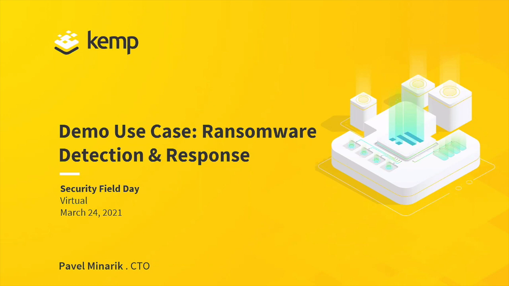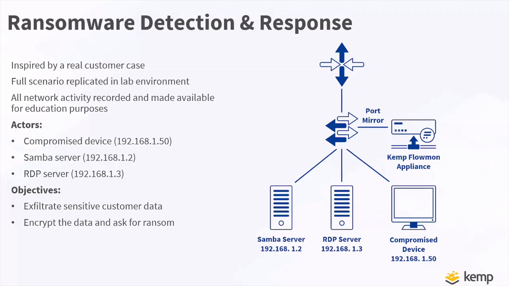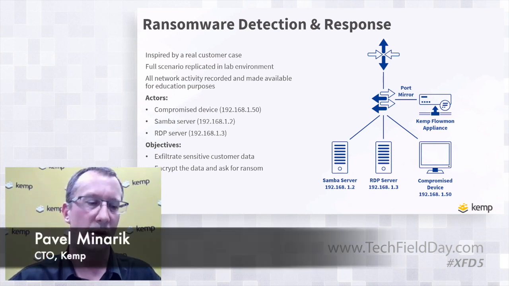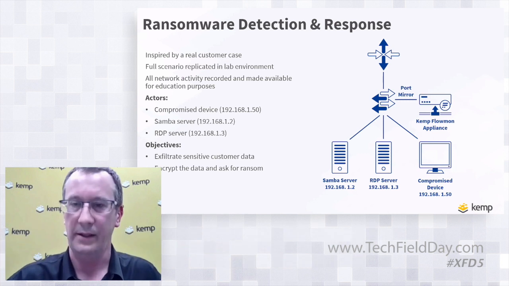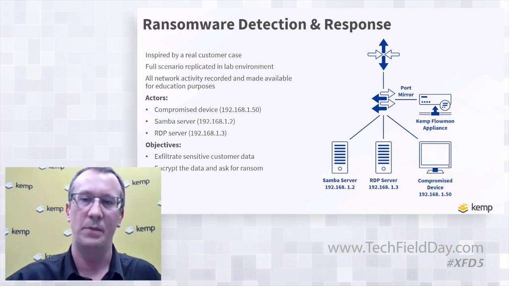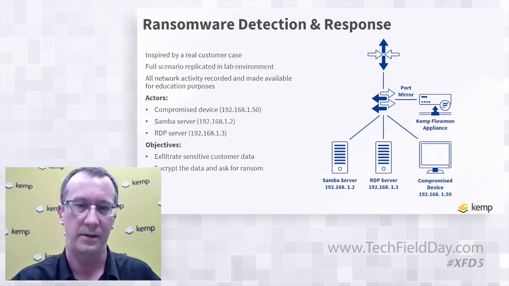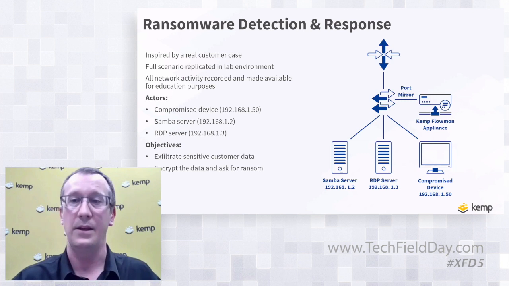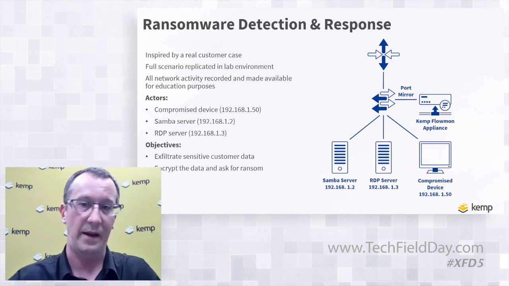In this demo session, I'm going to show the case of a ransomware attack and how we detect all those stages of the ransomware attack before it really does the final impact, before it really encrypts the customer data. So these attacks really go through certain stages. It's not going to suddenly happen that now your data is encrypted. It has some development. There needs to be initial compromise. There needs to be some lateral movement, usually some data hoarding, exfiltration, and then we have the final step to